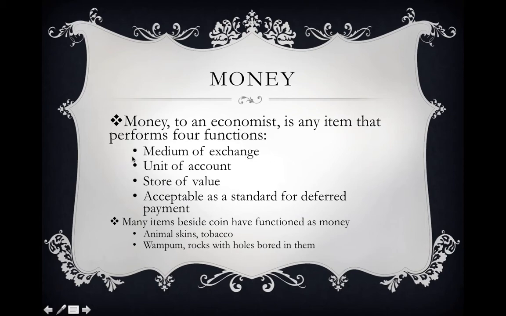So you can take whatever that item is, whether it's paper money, coin, or tobacco certificates. Maryland had a tobacco inspection act, and those notes actually circulated for currency for a period of time. As long as individuals will accept them in exchange for goods and services, that's what makes it a medium of